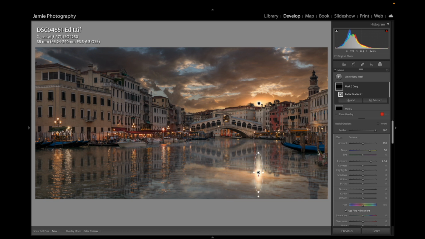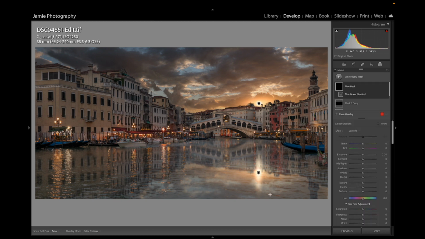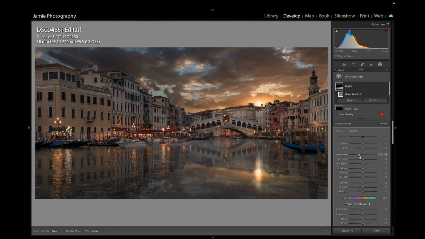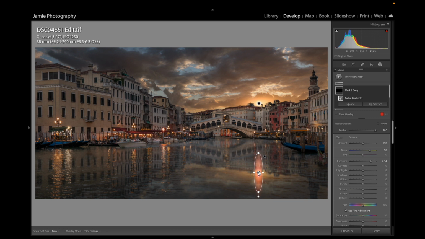That looks quite good. Okay, now I'm going to create a new mask, and this time a linear gradient, and I'm going to pull from the bottom left corner up across here. And I'm going to darken this bottom right corner. Just see how far down we can go. We can go a little way. And then I'm going to bring down the highlights, and play with those and the shadows just a little bit. I'll bring that brightness back up. So you see now that is,